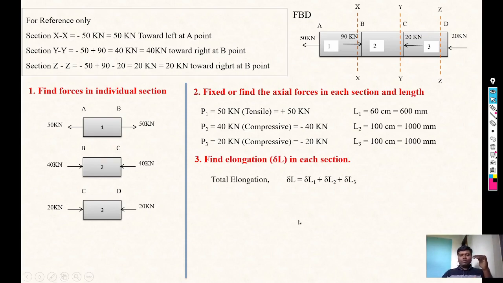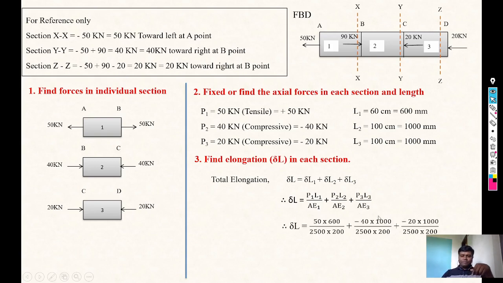The total elongation formula: delta L1 plus delta L2 plus delta L3. Just put all the values: P1 L1 by A E1 plus P2 L2 by A E2 plus P3 L3 by A E3. Put all the values where P1 is 50 kilonewton, L1 is 600 mm, then area is 2500, we have calculated in the given data, and the modulus of elasticity is same for all the sections, 200. Okay, so just solve all these